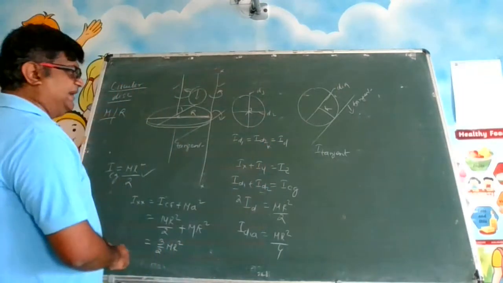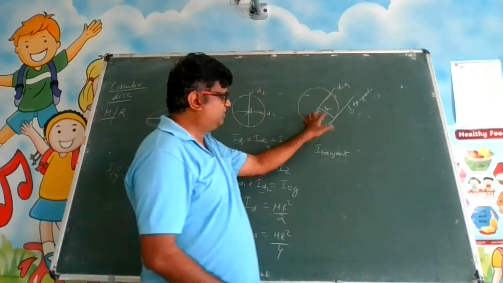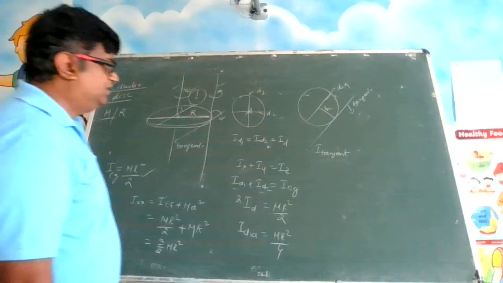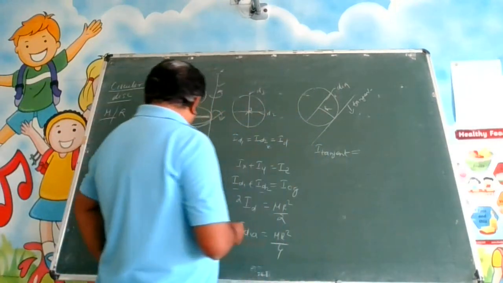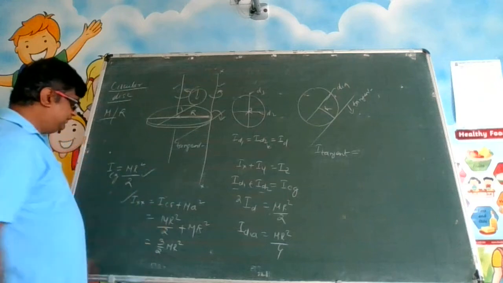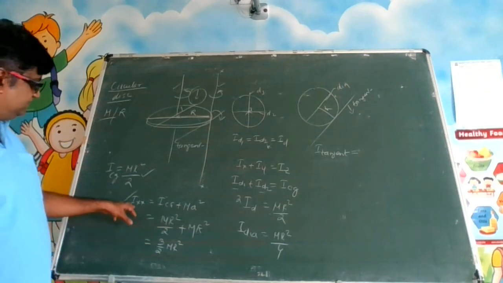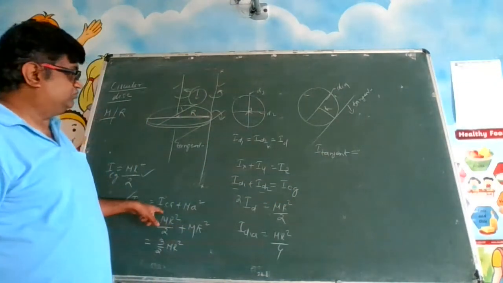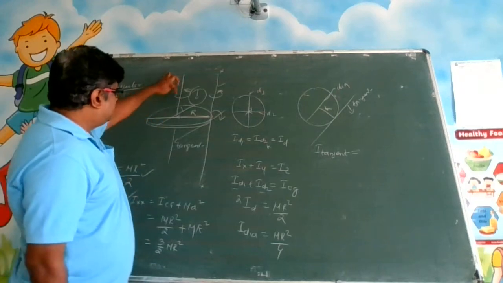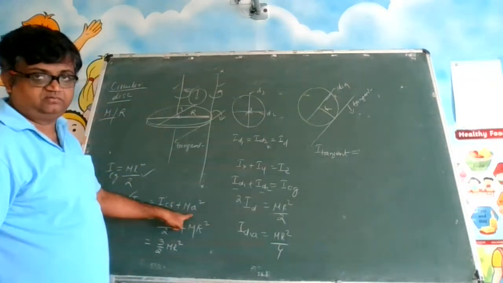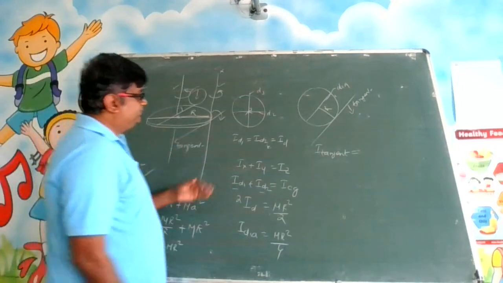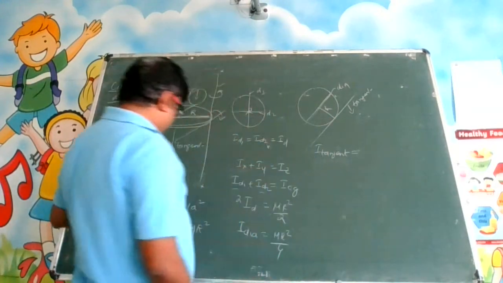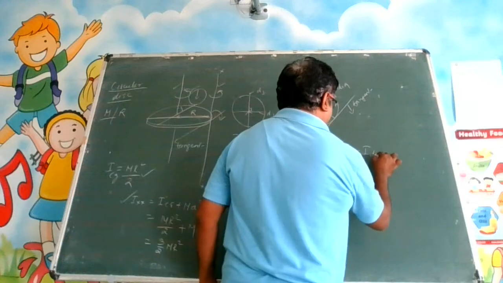So in this case, I tangent, we can apply, you see, both are parallel to each other. We have to apply the parallel axis theorem. So I tangent will be equal to, what was our parallel axis theorem? This was our parallel axis theorem. Here I axis is the unknown axis. The unknown axis here is tangent. I axis is I tangent. I told you that if it is passing through CG, plus MA square is what you have to do. But here, you know about this axis. You have to convert the value into this. So instead of ICG, you will write here I dia.